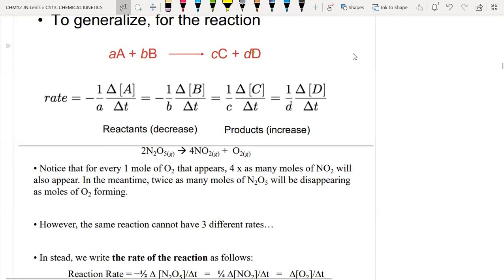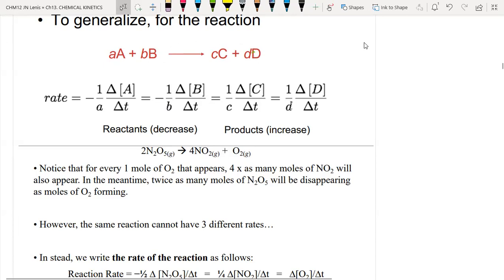Very important: if the problem tells the rate of disappearance of B and asks for the concentration of D after a certain period of time,